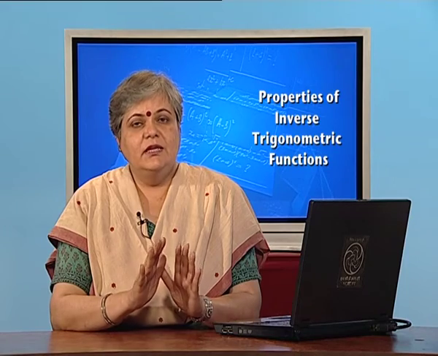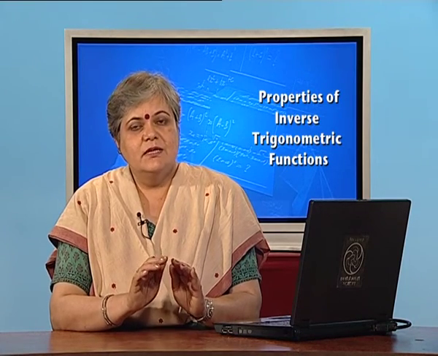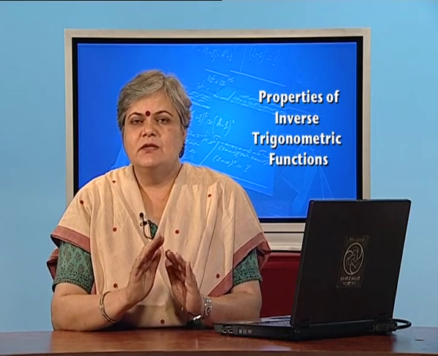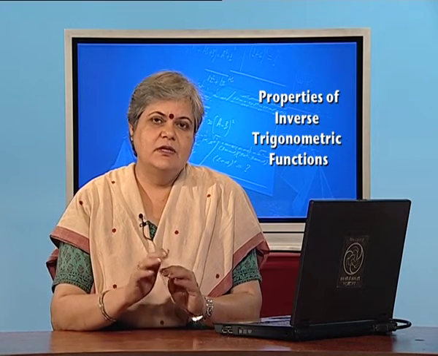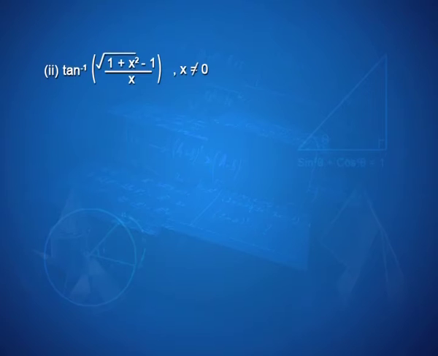That is what we need to learn in this section, where we discuss how to write an expression in the simplest form. The word simplest is a relative one. We may not end up with such a simpler expression in our next question. Let us take a look at it. And here now we have an expression tan inverse of root of 1 plus x square minus 1 upon x. X is not equal to 0.